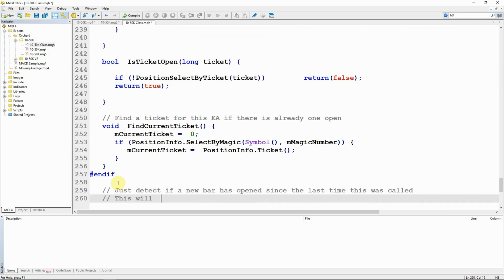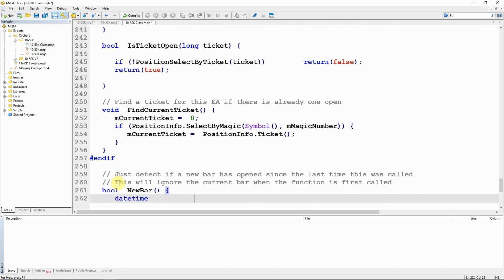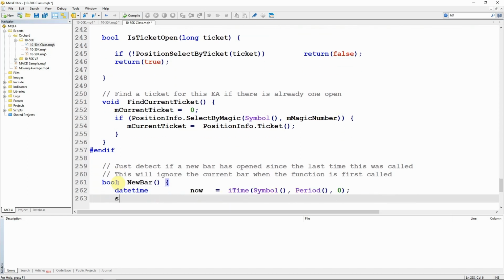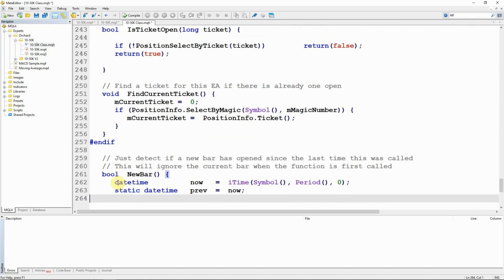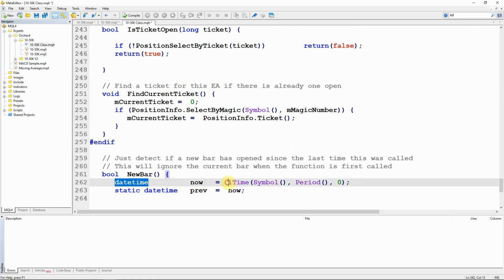So first, my new bar function that I use all the time. It seems to look slightly different every time, but it works the same way. But in this case, you'll typically see me put the previous value at the beginning and initialize it to 0. For this function, I'm capturing now, which is a date time type, and I'm getting that with itime symbol period 0.